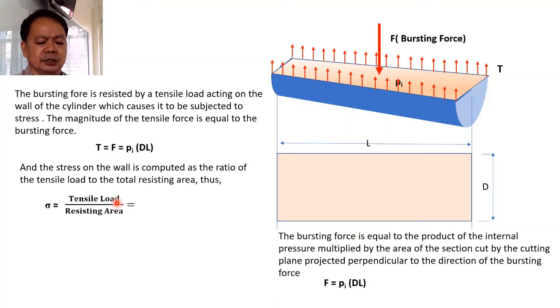And what is this tensile load equal to? The tensile load is equal to the pressure inside multiplied by the diameter multiplied by the L, while the resisting area is equal to twice the length of the vessel multiplied by the thickness. Because you have here the length of the vessel on the one side and the other length of the vessel on the other side. And you might be asking, why don't we consider the thickness of the wall on the cover? The answer is this: if